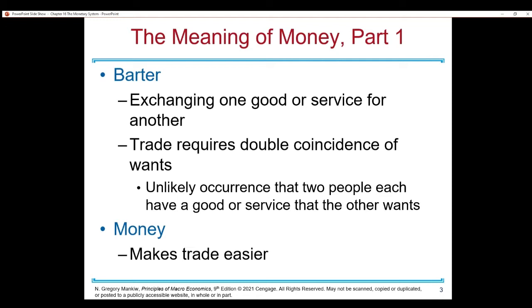Now let's start off with an economy with no money. They have to rely on bartering. This is usually a barter economy or a bartering economy. In this scenario, things are going to be a little bit rougher. Let's say I have cookies and I really want peanut butter. Well, not only do I have to go around and find somebody, they need to want cookies and I have to want peanut butter, and we have to find each other in the market. This is called a double coincidence of wants, and it's really hard.